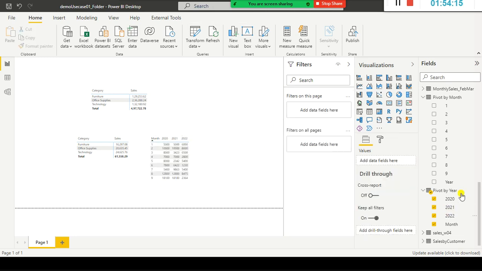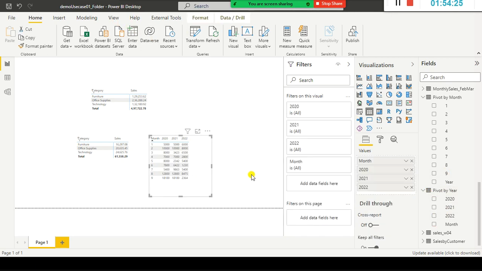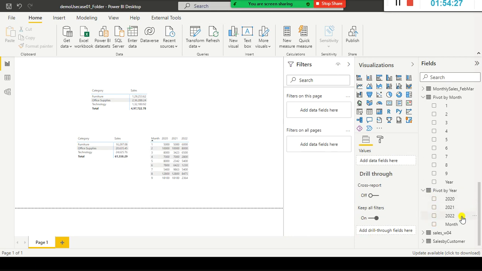So we created a pivot query as part of Power Query Editor. Simply you need to drag and drop it, that's all, to your visual. Same data, but we did the pivoting on the month. So you can do it, but this is the painful thing. In this case, 9 months, you need to select everything and drag and drop it. But when it comes to matrix, it automatically does the pivoting. Anyhow, as part of data visualization, I will explain this. This has a lot of features in it.